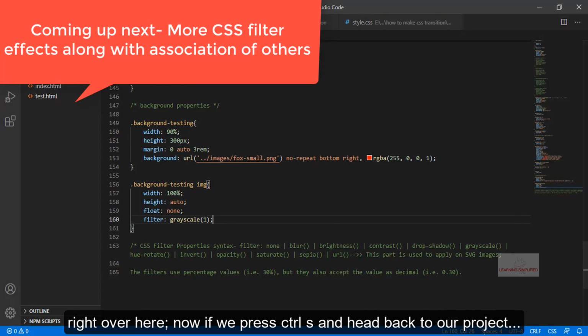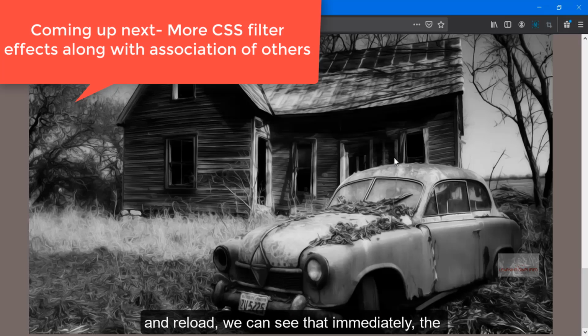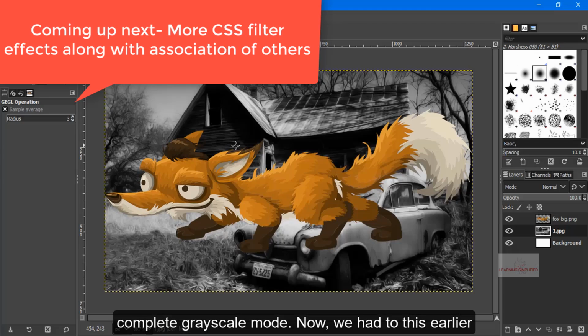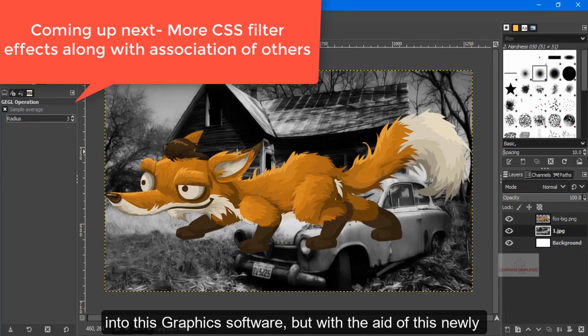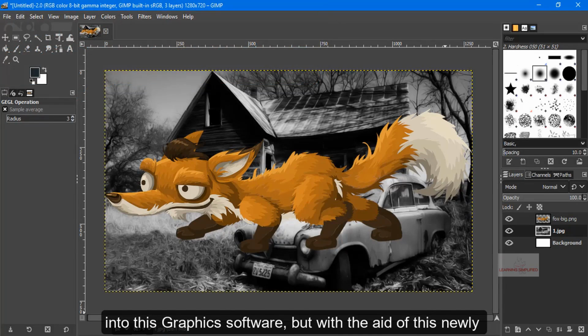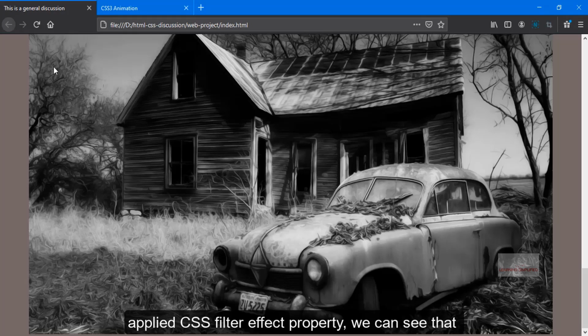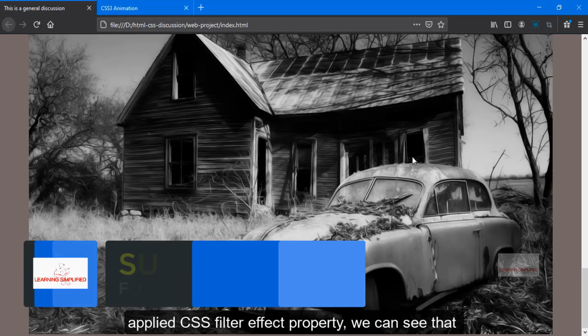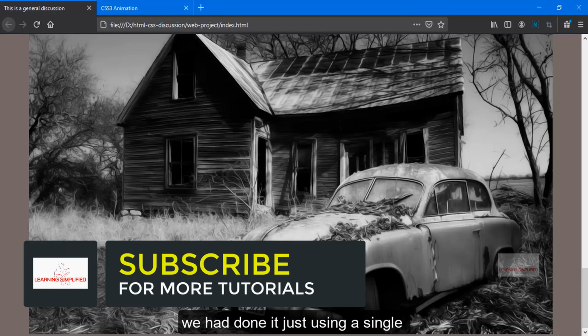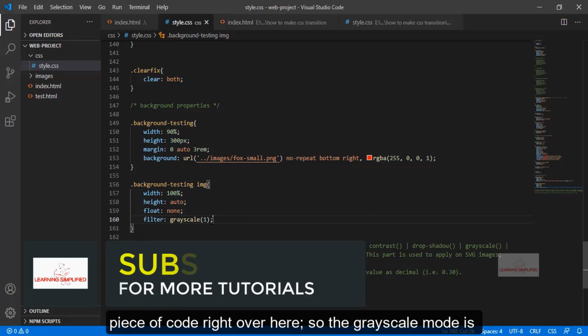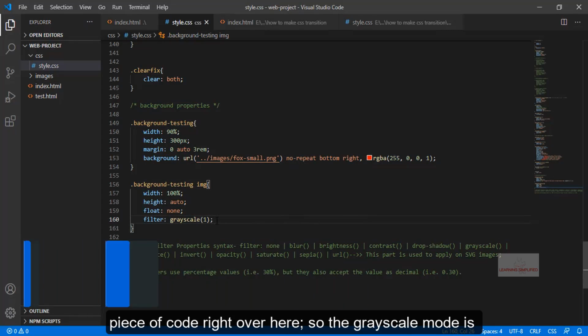Now if we press Ctrl S, head back to our project and reload, we can see that immediately the image is falling back into a complete grayscale mode. We had to do this earlier in the graphics software, but with the aid of this newly applied CSS filter property, we can see that we did it using just a single piece of code right over here. So the grayscale mode is in 1,